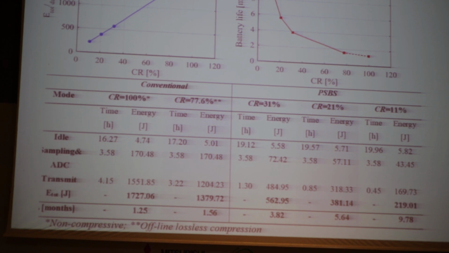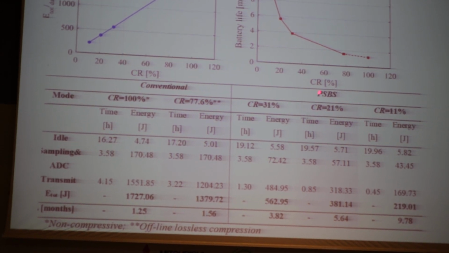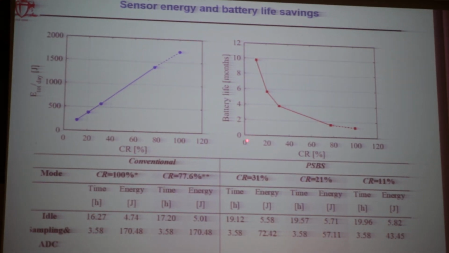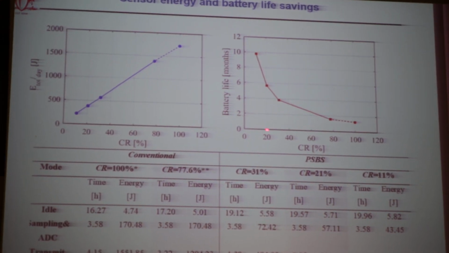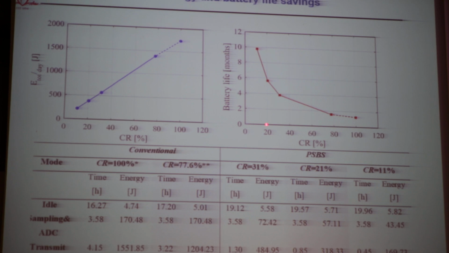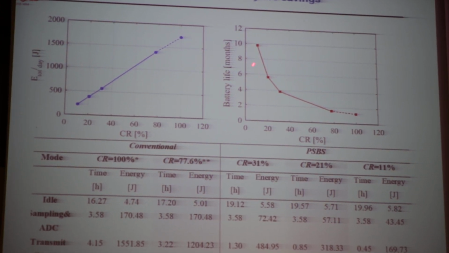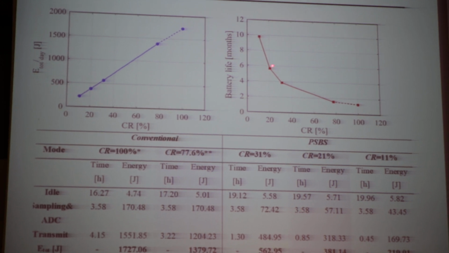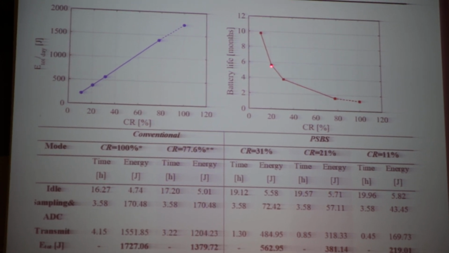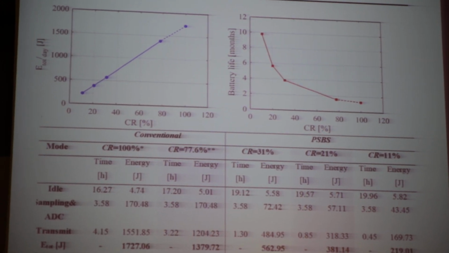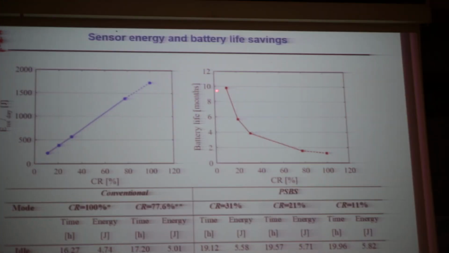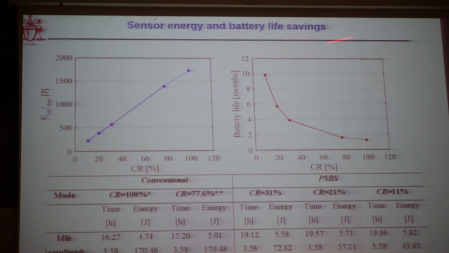What it means in terms of energy and battery saving, going, let's say, from 20 to 10% compression ratio, so 80 to 90% below Nyquist. This is what we see in terms of battery life saving. So we go from less than 6 months of battery replacement in our wireless sensors up to 10 months, and that's a huge